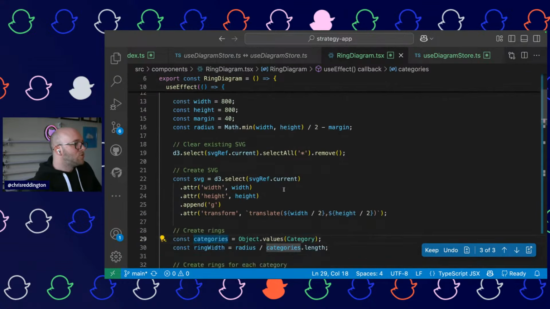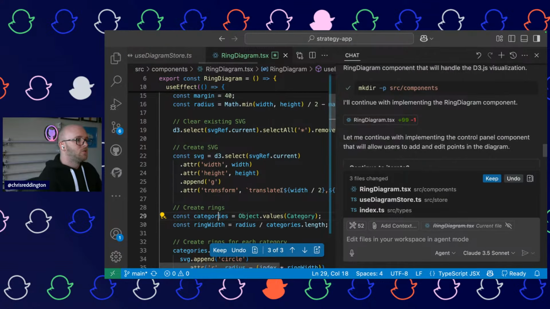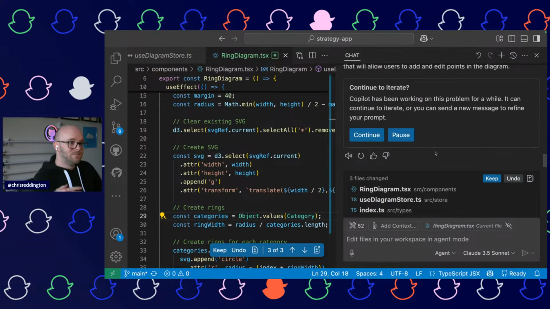Well, I think what it's going to do is create a ring for each category that exists. So it would kind of have EESD or something like that, rather than having them as corners. So I'm actually going to course correct it at this point. This is what we should do, right? When we're working with these kind of tools, is come in, and I could continue, I could pause.